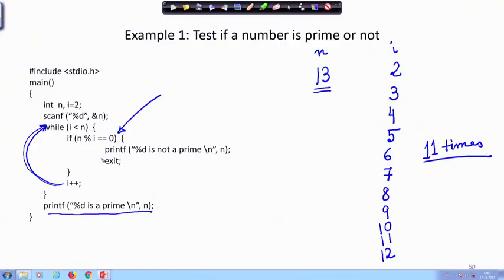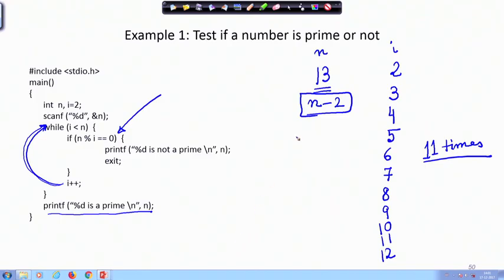11 times? If you think a little bit, if this number is n, and I am starting with 2, then I am checking n minus 2 times, right. Do I really need to check n minus 2 times? If I do not find it divisible within square root of n times,